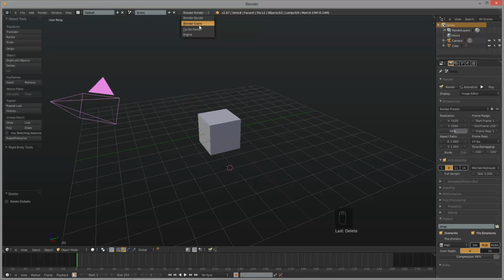Basically what that means is Blender has 3 render engines. We've got Blender Render, Blender Game, and Cycles Render. The difference between the 3 is that Blender Game is predominantly used for, you guessed it, games. It's used for physics, logic, a lot of stuff like that. Blender Render is the original Blender render engine, the older one. Cycles is the newer one. The problem with Blender Render is it's not really realistic, because when